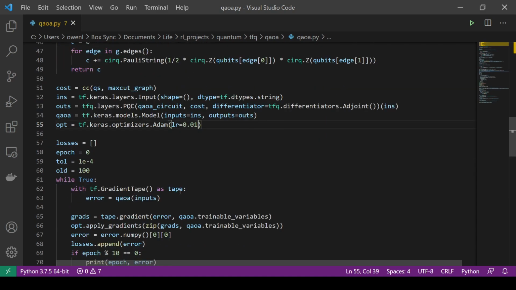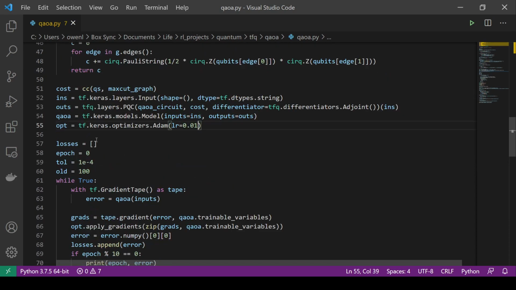And then we go through, we keep track of the losses. This is what epochs is on. We create a tolerance so that when it's sufficiently converged to a solution, we're good. And we just initialize the old error. And so I just want to say one thing before we get into this, that these losses are not actually